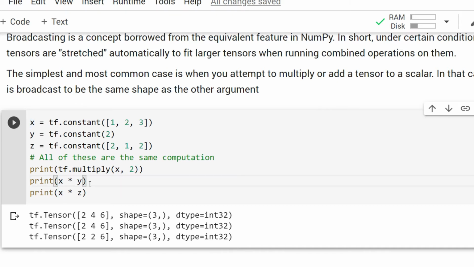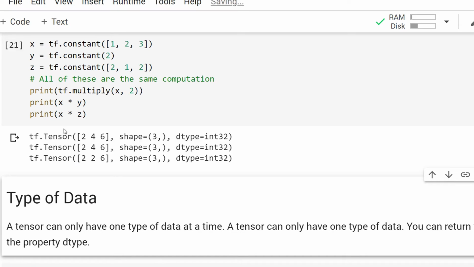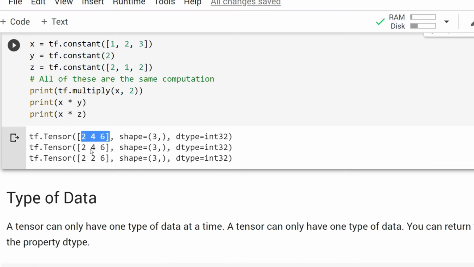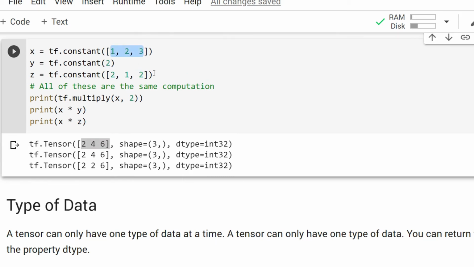So when I do the printing here, then 246 is printed. Why? Because this value of 2 is multiplied with every element of tensor x. Similarly, if I write here only y, this 2 is multiplied when I do x multiply y.